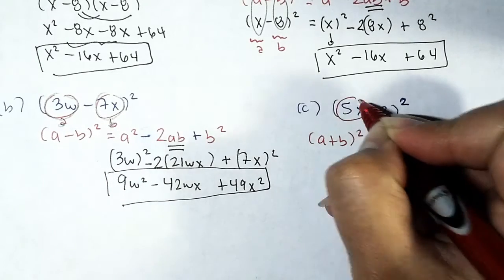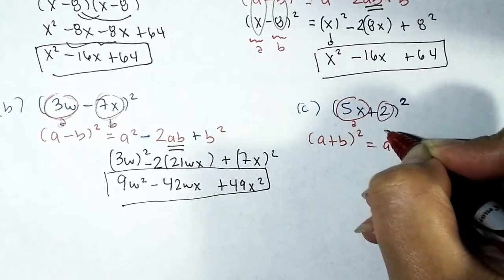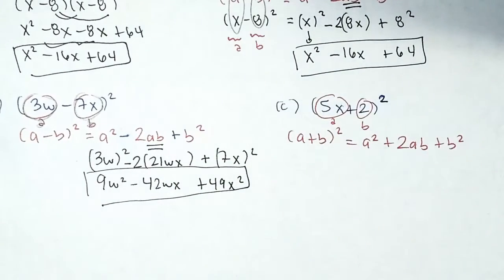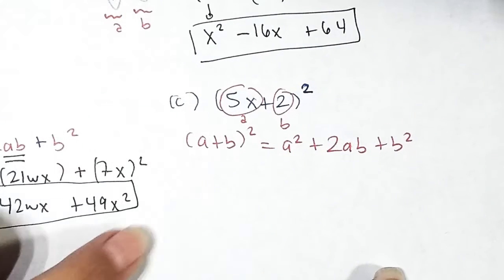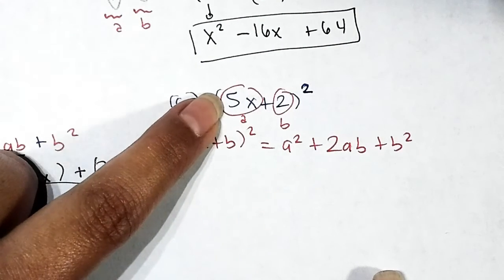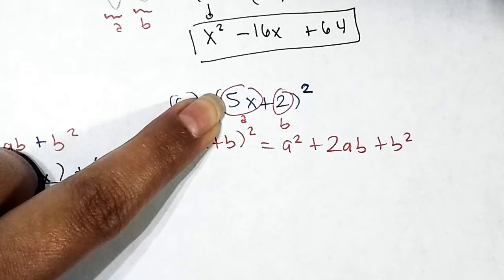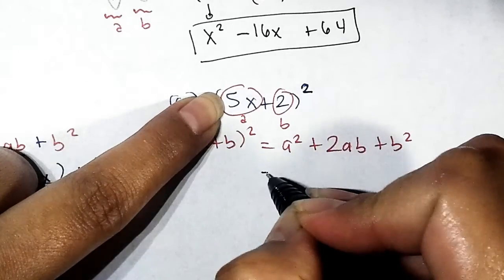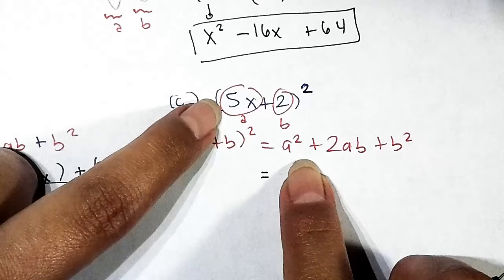A is whatever we see before the operation. B is whatever we see after the operation. So if this is our question, that's our answer. Square of 5x plus 2. The first term should be of the form a squared, so we're going to take that 5x